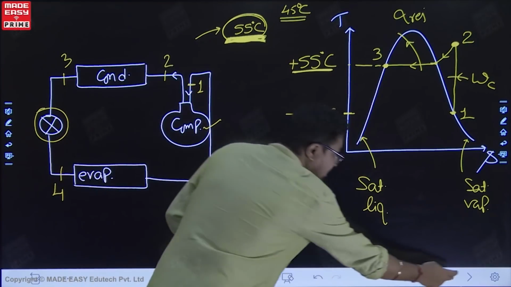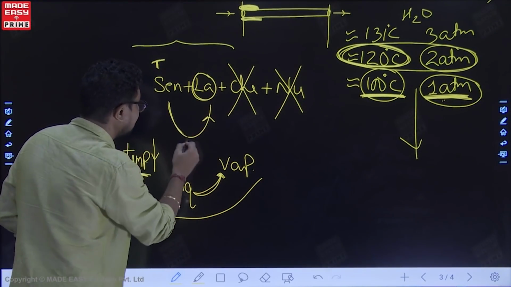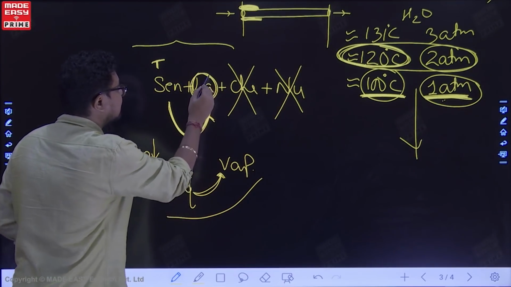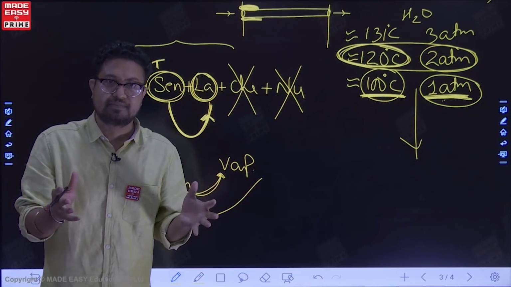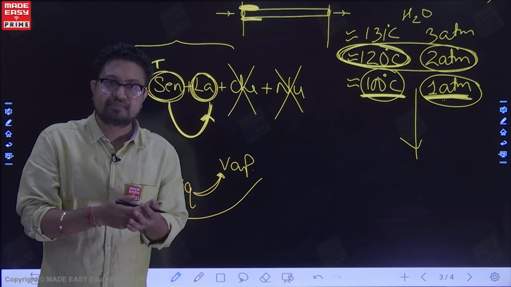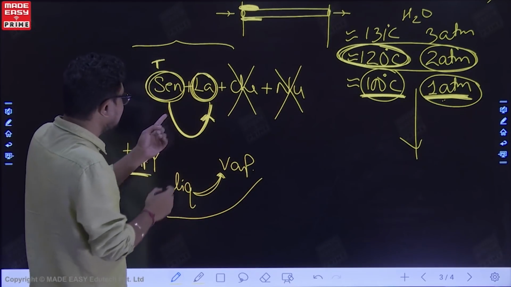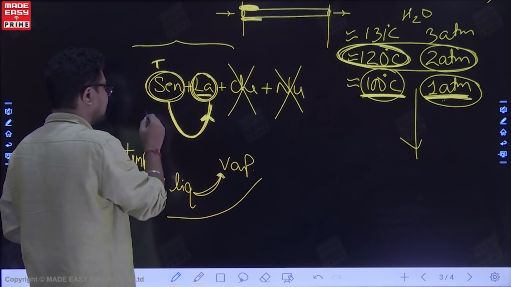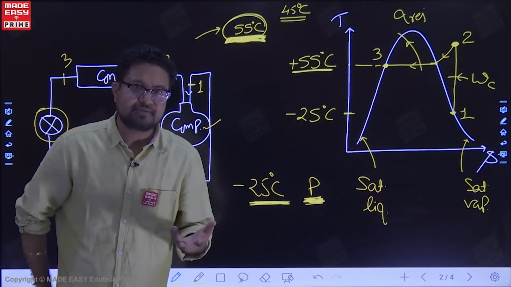As the liquid is changing into vapor, the energy is going in the latent form. Energy is utilized in the phase change. From where is this energy coming? The sensible energy is being utilized. As in the earthen pot, the pots which we use to cool water in the summer, as the water evaporates, the remaining water cools down. Similarly, as the liquid changes into vapor, energy goes in the latent, temperature goes down. So till when? Till minus 25.